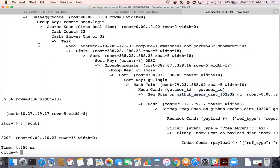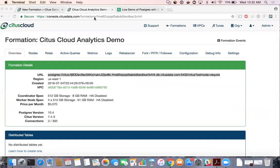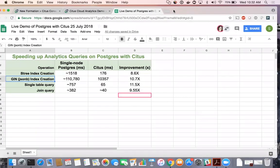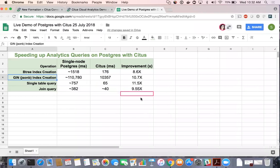Okay, with that, let me look at a summary of the kind of numbers we've seen. These are the rough numbers we see. The timings are in milliseconds, and then we're looking at the improvements here. Walking you through each of them: we saw B-tree index creation is about 8 to 9x faster. The JSONB GIN index, which is more compute intensive, took about 110 seconds, closer to 2 minutes,